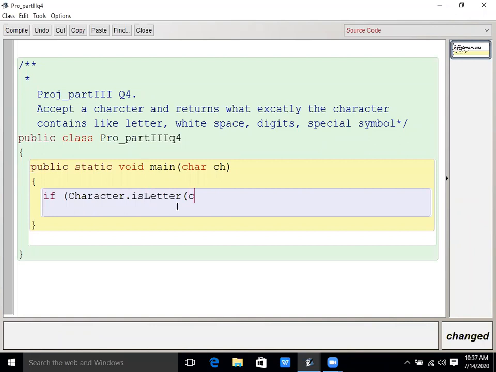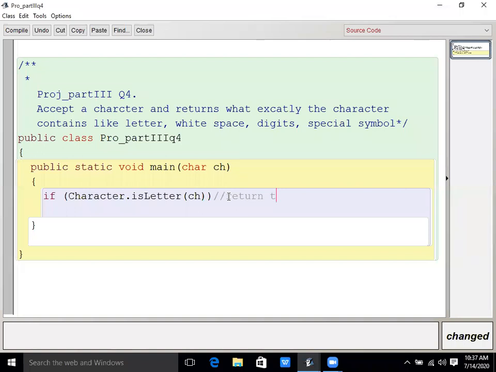Okay, which variable do I have to check? ch. Like that I'm going to write. isLetter, you have to mention, is the predefined method of the Character wrapper class, used to check and return true or false.